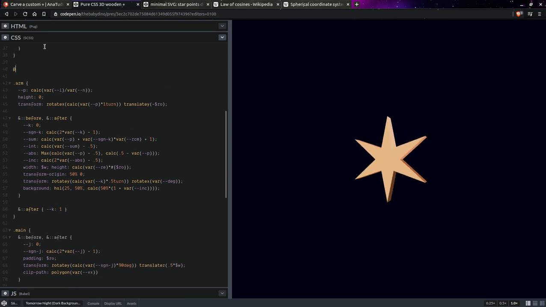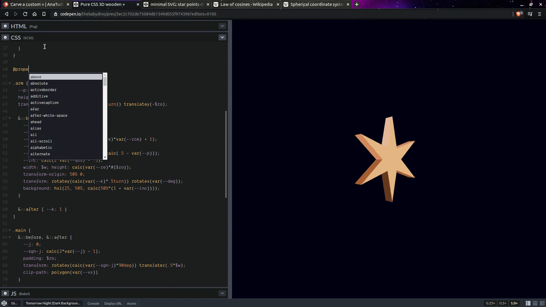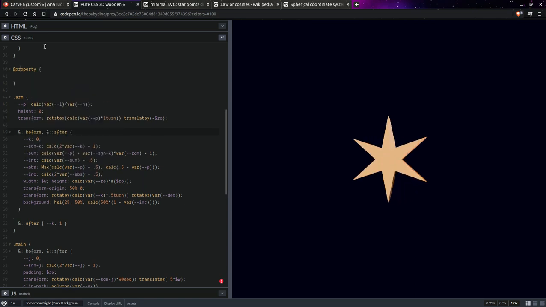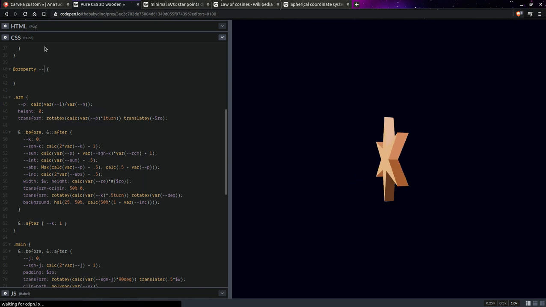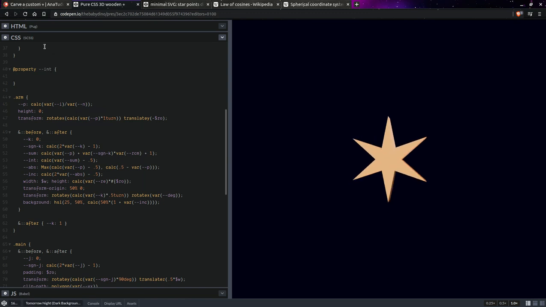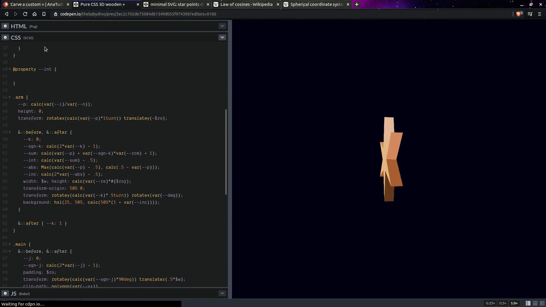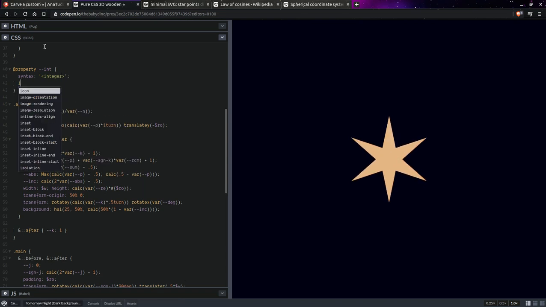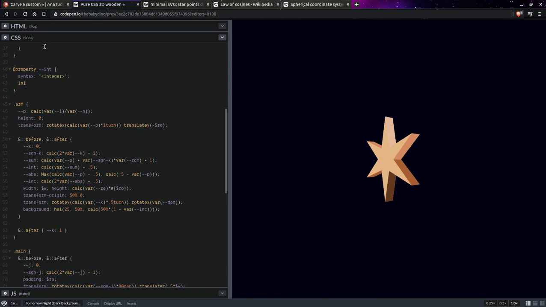So we register, so property, and this is how we force that int value to an integer. We register it as an integer. So syntax, initial value,